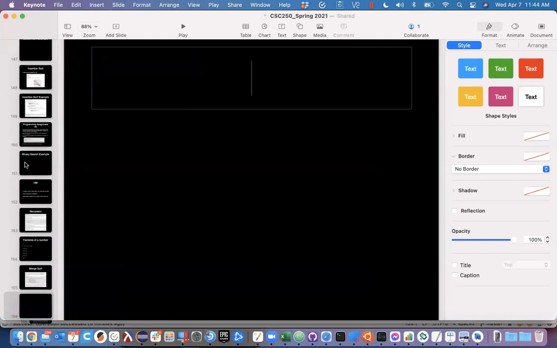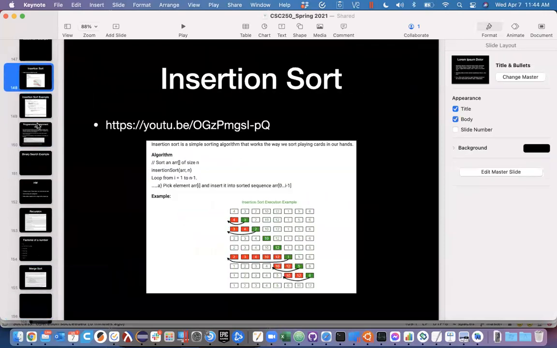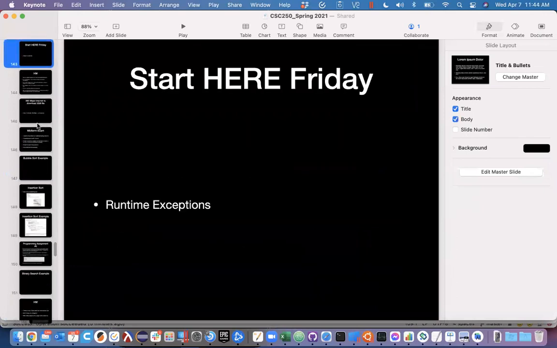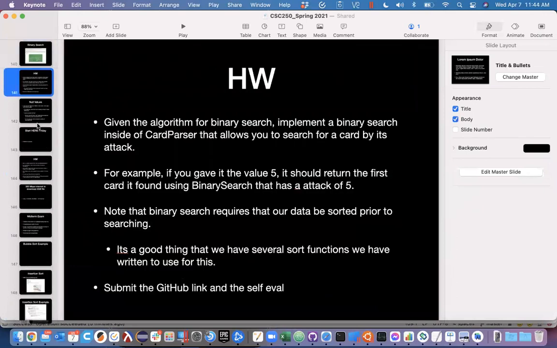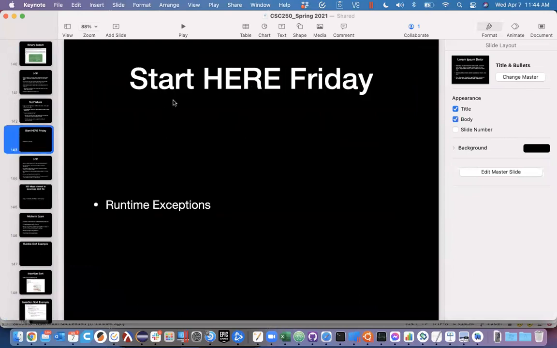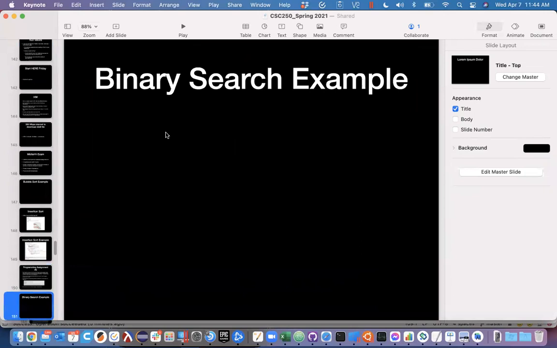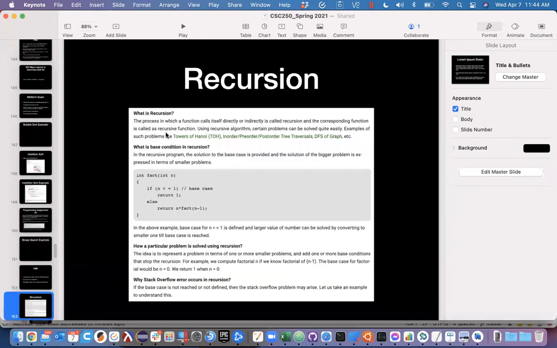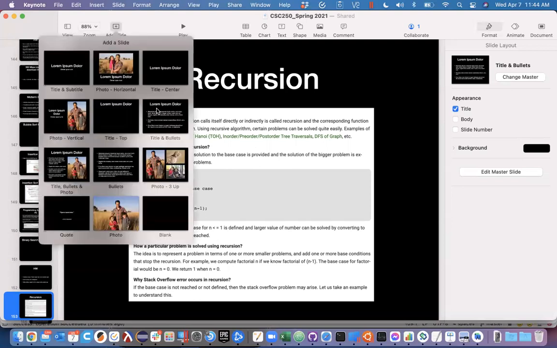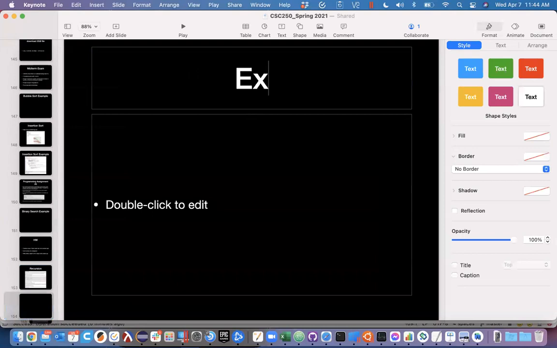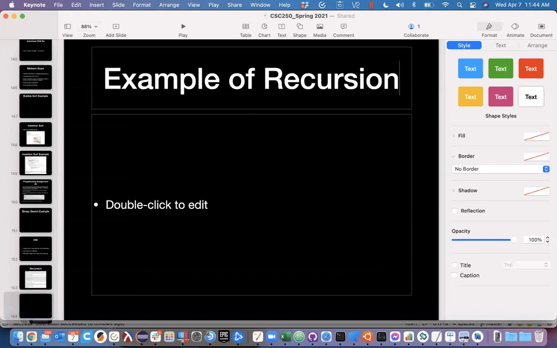First of all, let's talk about recursion. I've probably introduced it at some point, but let's just look at recursion as a reminder. All right, so the idea of recursion is when you have a function that calls itself from within itself. All right. I like to use, so if we say example of recursion,